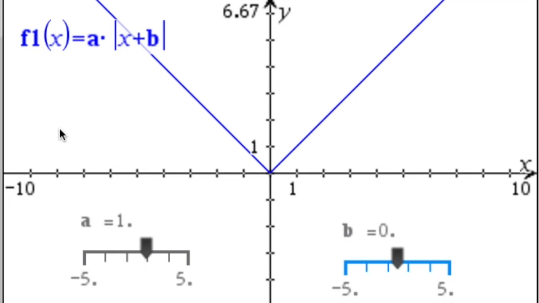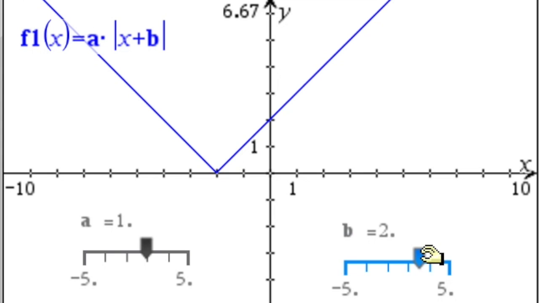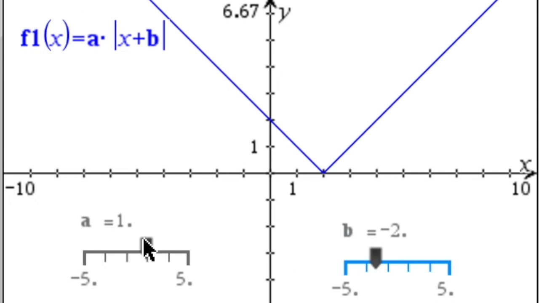The point of doing this is that you can use the calculator to very quickly get a grip on exactly what effect these parameters have upon the shape of the graph. So in order to change the parameter B first, I'll use the slider and I can slide it into the positive. So B is now positive 2, and you can see that the effect is to shift the graph 2 steps to the left. If I take B into the negative, to negative 2, the graph has been shifted to